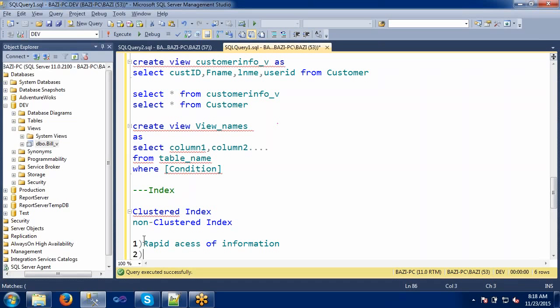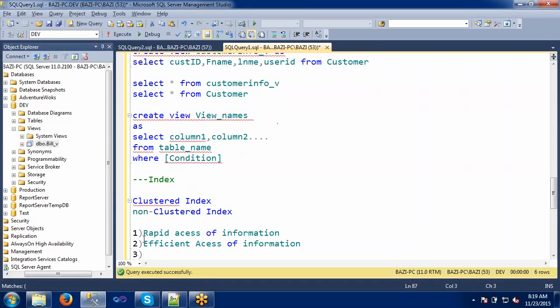Generally, if you don't have any indexes on the table, the execution of a query might take some 1 minute. If you have indexes on the table, it will take around 10 seconds only. Why? Because it has indexes. The table has created some indexes, and now the data is ready to fetch. Because of the index we can filter the data and get it very fast, with rapid and efficient access of information.